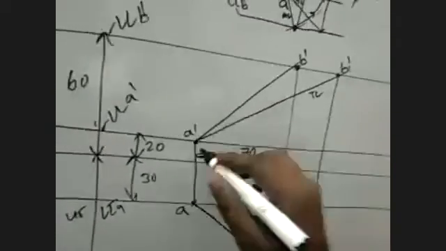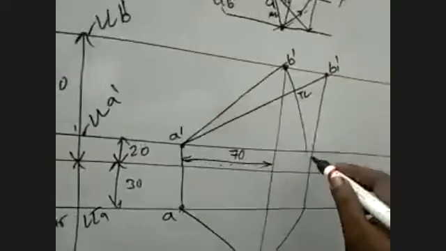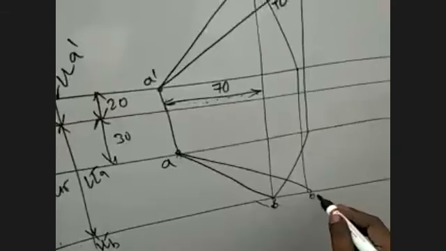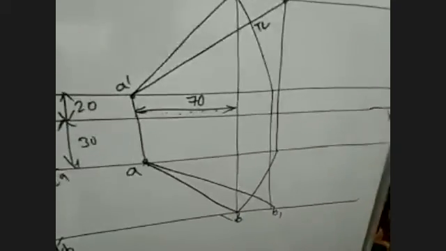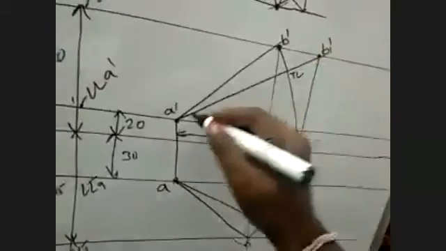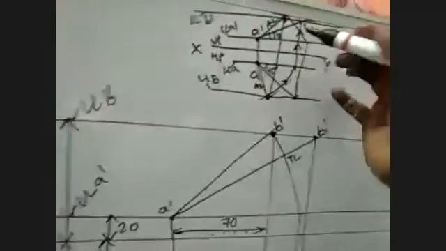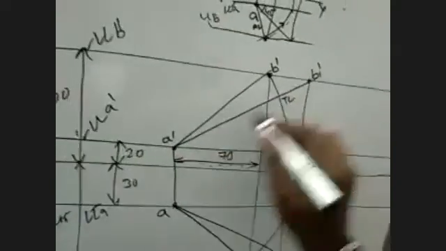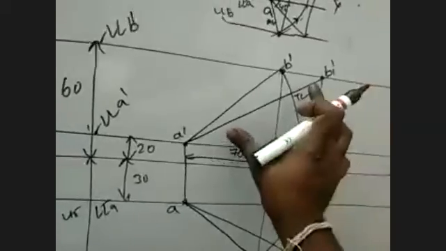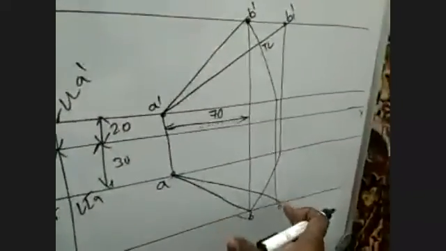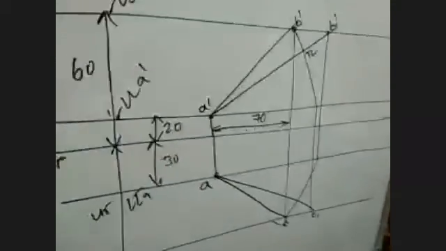Then again, taking this as the center and this as the radius, draw an arc and draw it straight. Wherever it touches, there you draw a line. This is your true length in the bottom. Once you find the true length, we know the length measurement remains the same. The line AB is 80 mm long, and 80 mm is your true length. So directly you can take this as center, with this measurement, and cut an arc on the locus line. By default, you will get the second true length also.